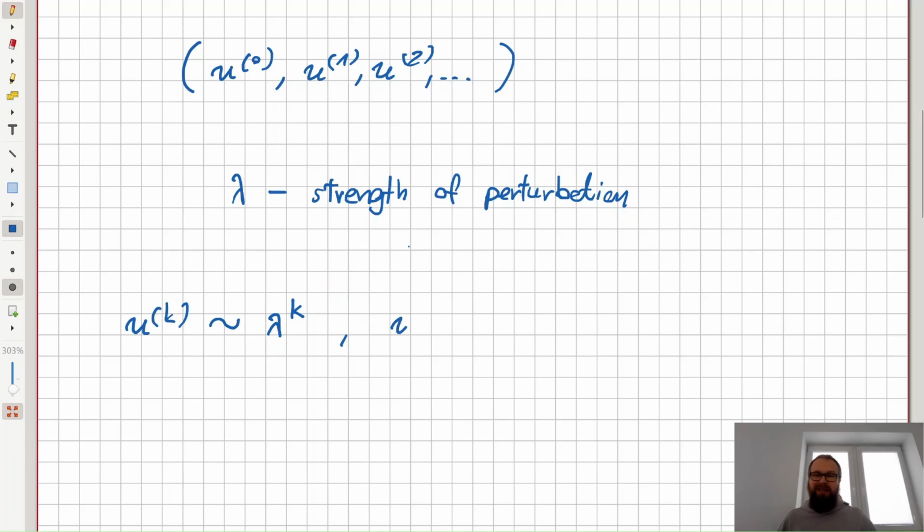Probably you heard about this. So you say that u_k equals big O of lambda^k. And what all these guys actually mean in real terms is that the magnitude of u_k, this is the notation for the so-called norm,